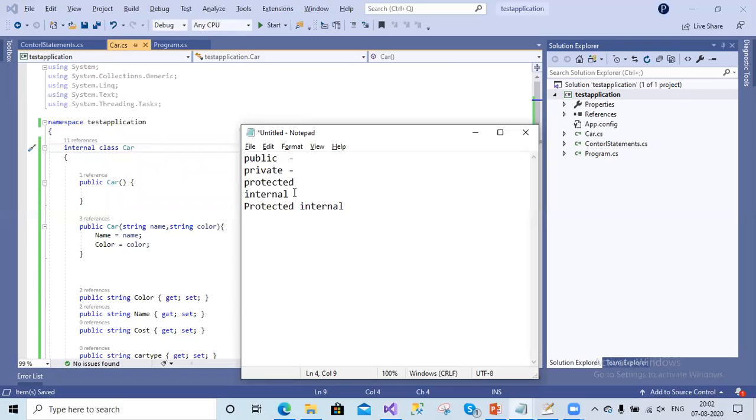That's what. So public is for all. It will be visible within the project. It will be useful out of the project also. And private will be useful only within that class. It will not be exposed out of that class. If you give protected, it will be used only for the child classes. And if you use internal, this will be used within the current project. If you use protected and internal both together, then that will be used only within the project and also for the child classes.